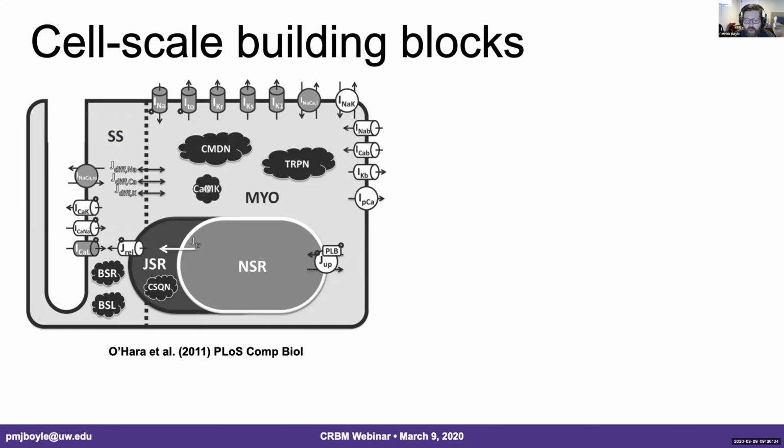The cell scale building blocks are ordinary differential equation systems. The schematic on the left is from Tom O'Hara's 2011 paper, which is the emerging gold standard for computational modeling of the human ventricular action potential. And you can see the different ion channel populations. I hope you can see my cursor, but if you can't, I think you can probably still follow along. Different ion channel populations in the